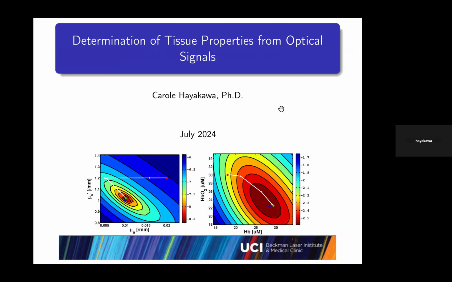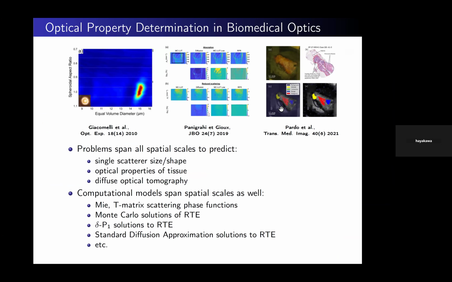Okay, so my talk will be on the determination of tissue properties from optical signals. You've seen that our field is a lot about diagnostics, determining the characteristics or the structure of tissue from some sort of measurement. And this can scale. So the group Giacomelli and his lab used,